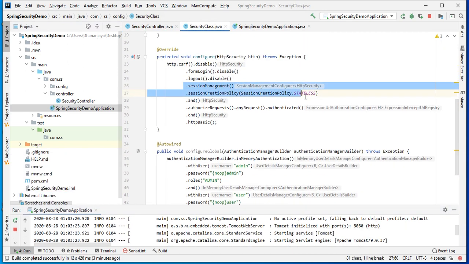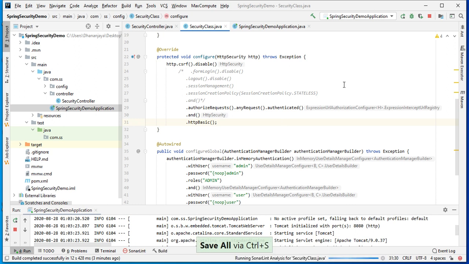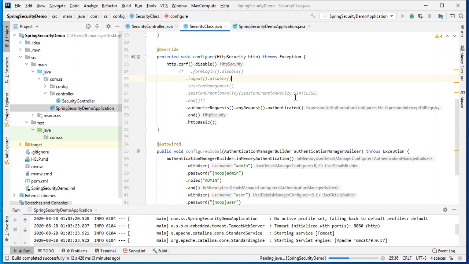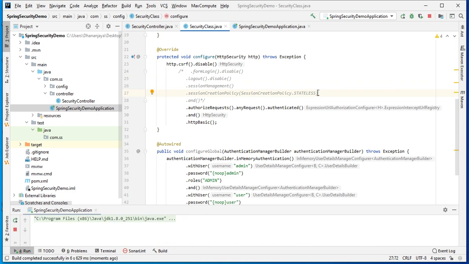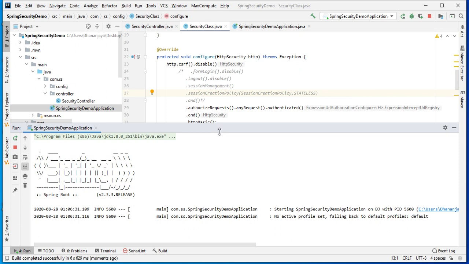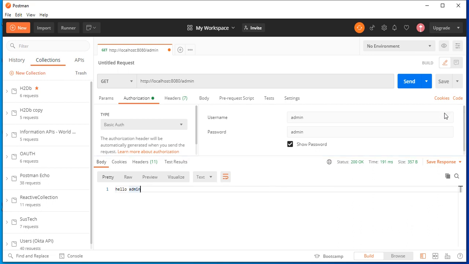If I disable this one, let me disable all those things. Okay, and let me restart the server. Automatically one cookie will get created if you disable this feature, the session creation policy stateless. By default it is stateful. Let me start the server and I will show you. Yeah, started. Let me go to the Postman.